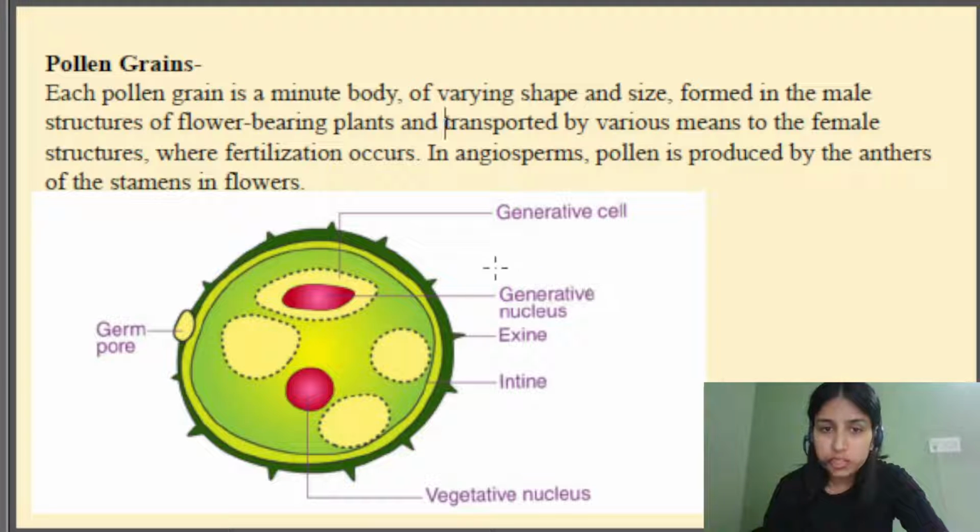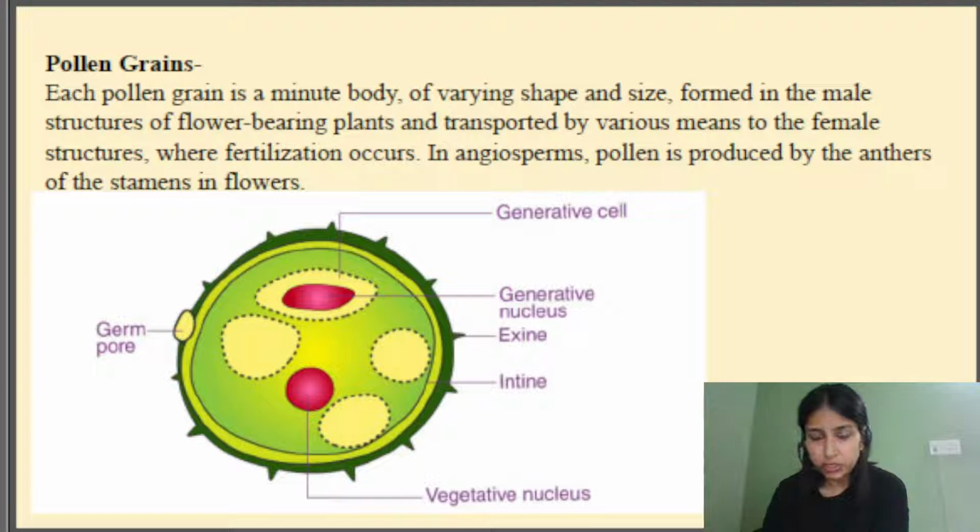So it will be fusing with the female nuclei. And if we talk about this vegetative nucleus, we can relate it with how, as humans also, our mothers used to say that you will not be growing to your max if you won't eat vegetables. So we can connect it with those vegetables, because a vegetative nucleus will also help this generative nucleus, or we can say this whole structure, because we know that